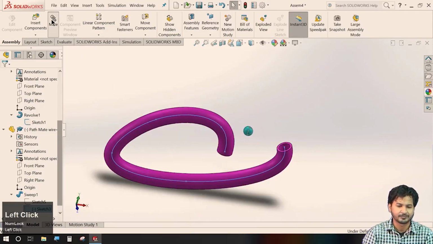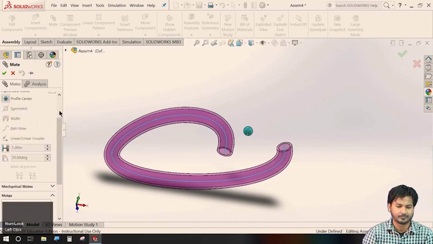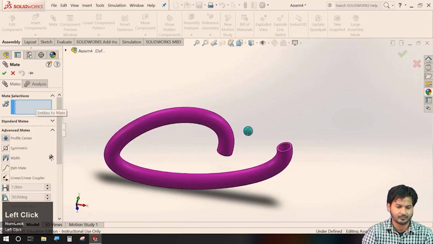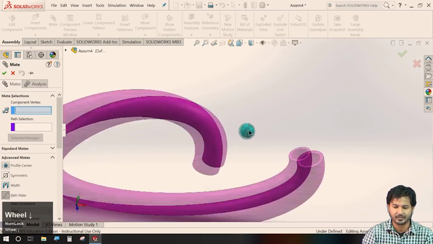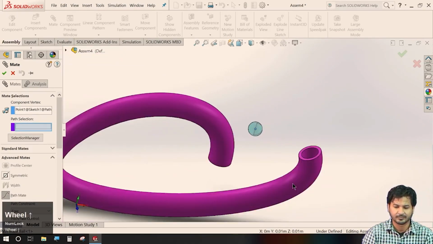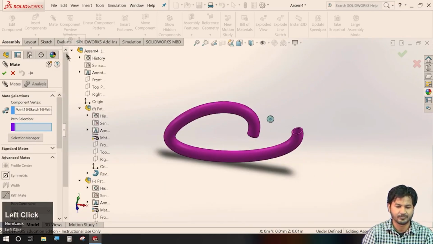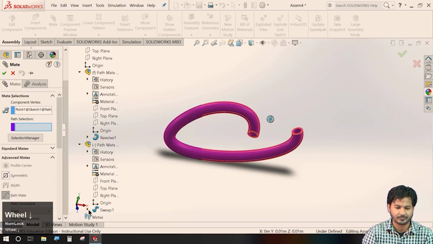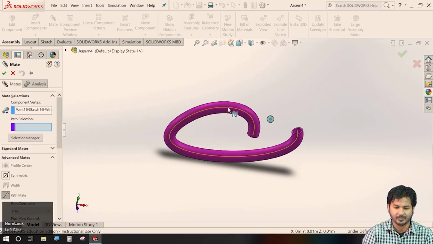Now in path mate, the path mate asks us for the vertex, that is the center of this ball, and the path that it has to travel along. Let us just select the component vertex at the center of this ball and the path, as it is not visible as of now. We will just activate here, sketch, make it show. So, now again this path,